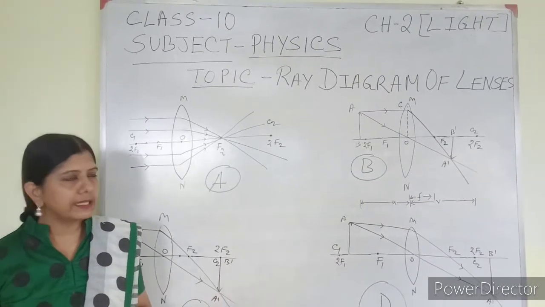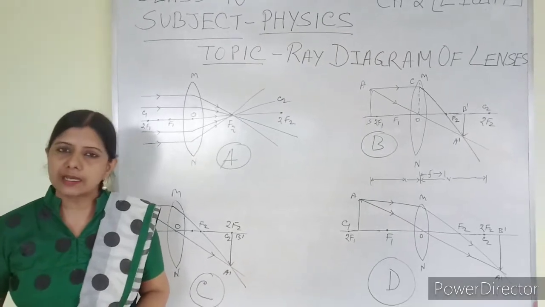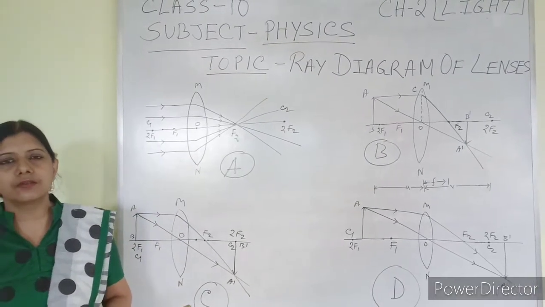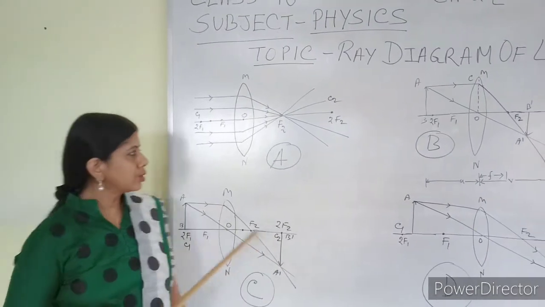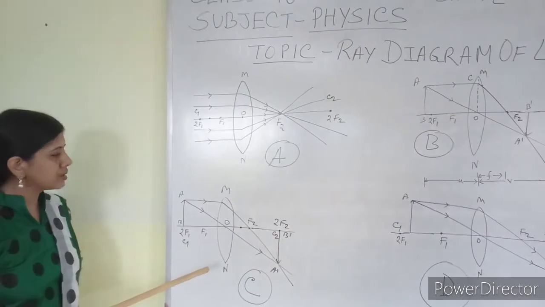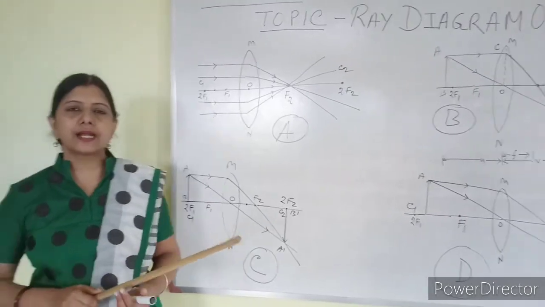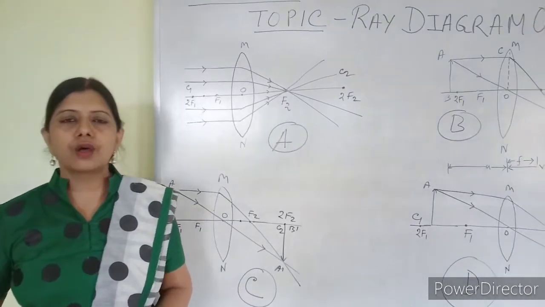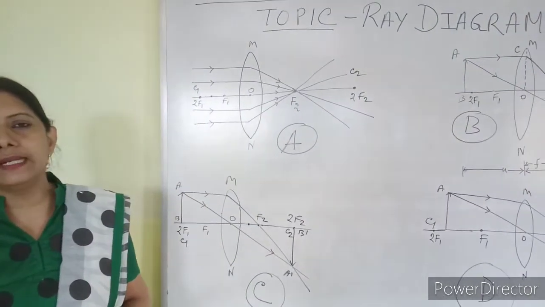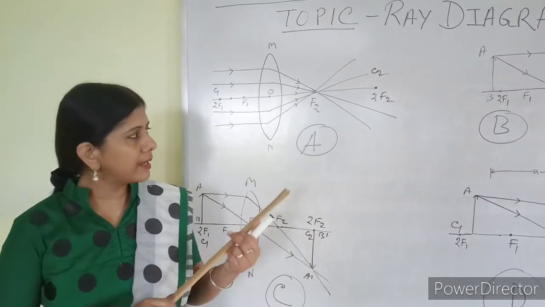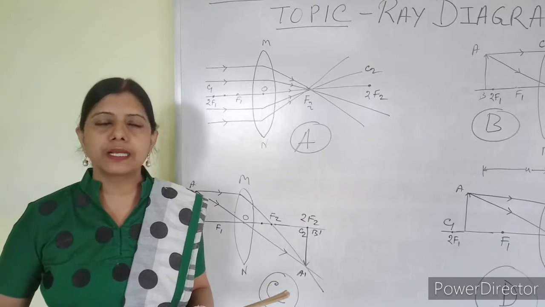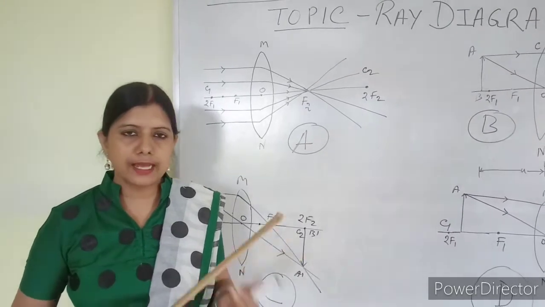In case of lens, what is happening? Refraction, that is the light is entering from air to glass and again from glass to air. So these are the ray diagrams using convex lens that I am going to discuss. For drawing the ray diagram, you need at least two rays. Those two rays what I have used here, I will explain in each and every diagram.